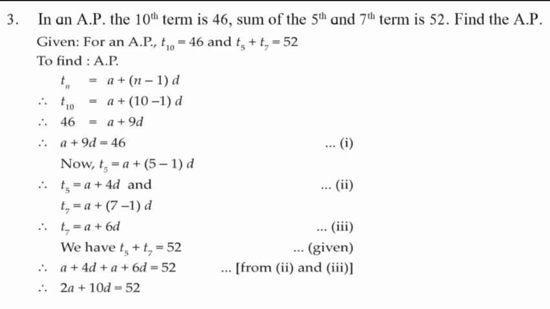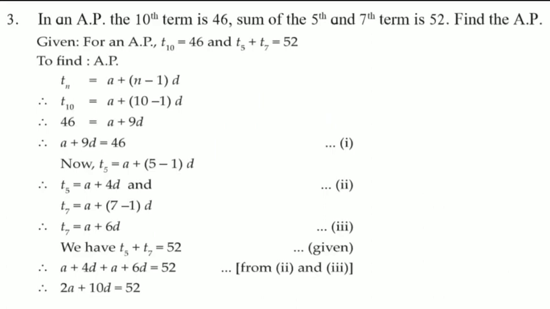Now let us make use of the second condition. In that second condition we want T5 and we want T7. So let us find out T5 and T7 respectively. When you use the formula again for T5, what will you get? T5 is equal to A plus (5 minus 1) outside the bracket D. That is T5 is equal to A plus 4D. Number this as 2. And similarly, when you use the formula for T7, you will get T7 is equal to A plus 6D. Number this as 3.